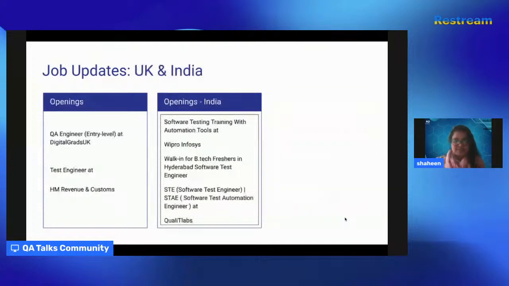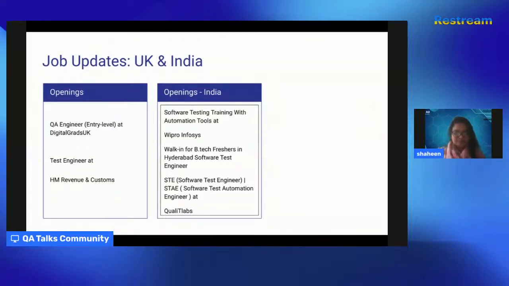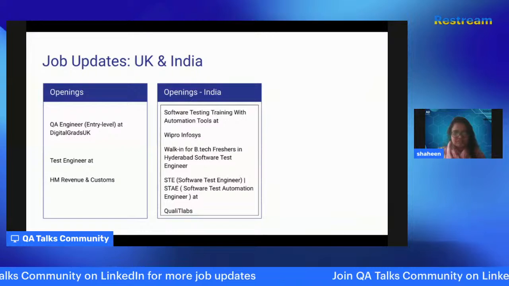Next, job updates are from UK and India. Openings for QA engineer entry level at Digital Grad UK. Test engineer at HRM Revenue and Customs. One more opening from India is software testing trainee with automation tools at Wipro Infosys. Walk-in for BTech freshers in Hyderabad as software test engineer, software test automation engineer at Qual Labs. Moving on to our next segment,